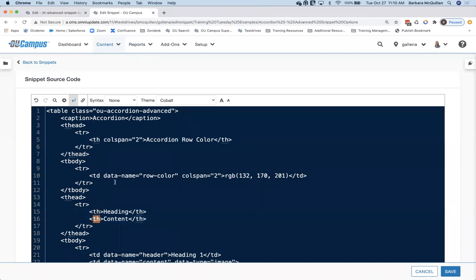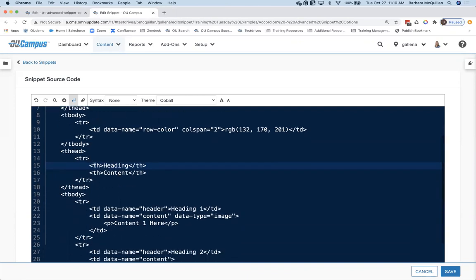So I can go ahead and add in an attribute. So why don't I add the attribute here onto my heading and content, but I'll leave my accordion row color still editable, so I can demonstrate what it looks like when it is or is not editable. So down here on line 15, I'm going to go ahead and add this attribute. It is a class that is called mceNonEditable. This class is going to be picked up by the editor itself, the WYSIWYG, and then the WYSIWYG will be able to recognize this particular cell should not be editable or interacted with.